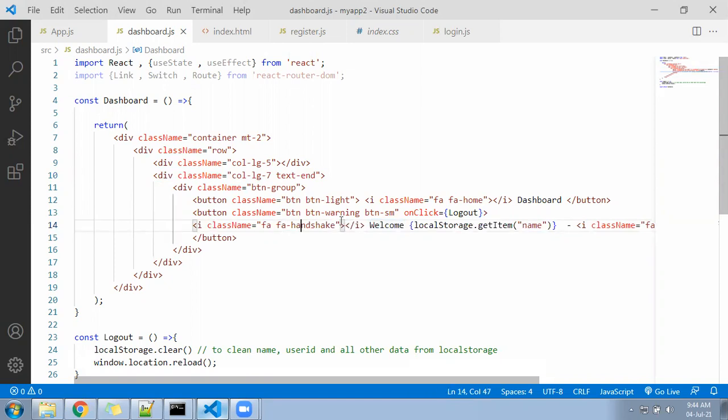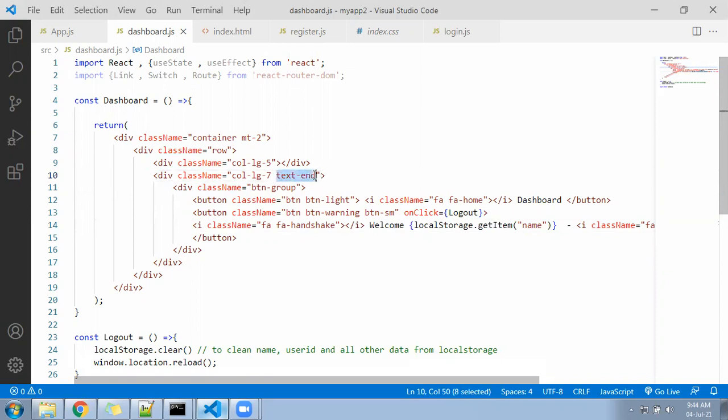Sir, if you give text-end in col-lg-7, whatever we write will go to the right now. Yes, under col-lg-7, all the content will start from the right side. Text and everything starts from the right side.